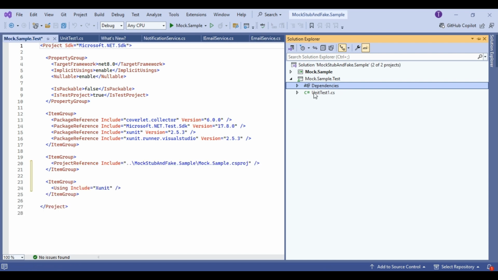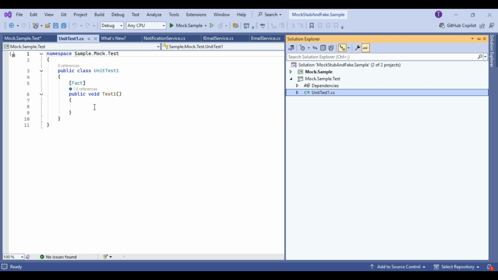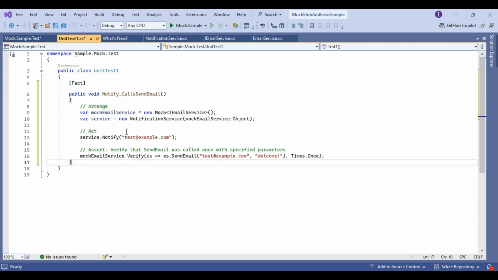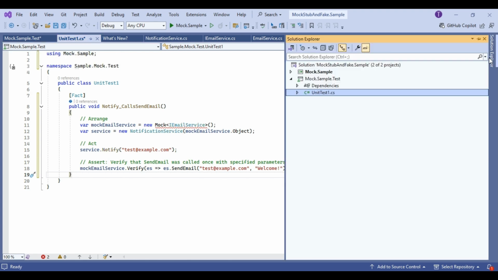Then inside the unit test I'm going to write a test case to check that the send email function is called at least once. Then we will add some dependencies here, manage NuGet packages,